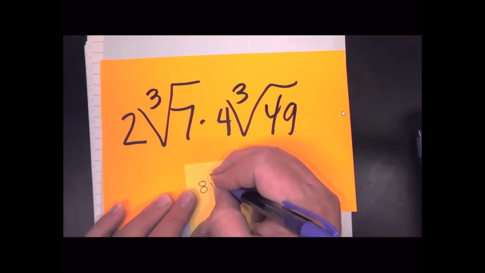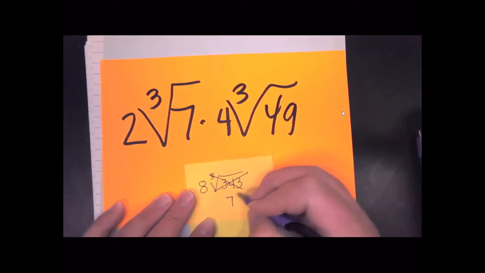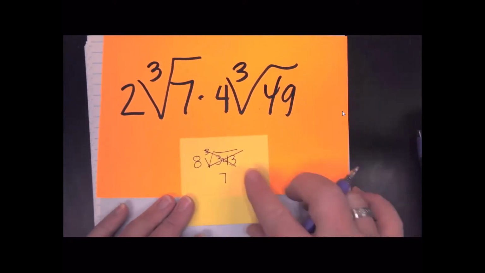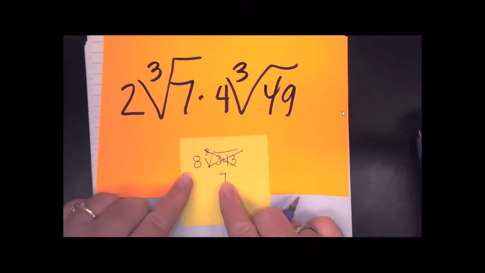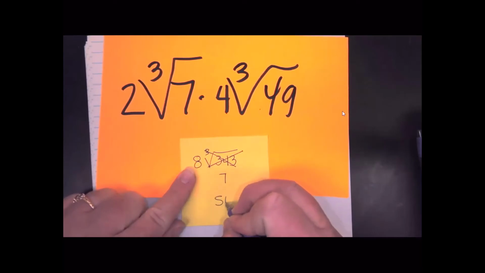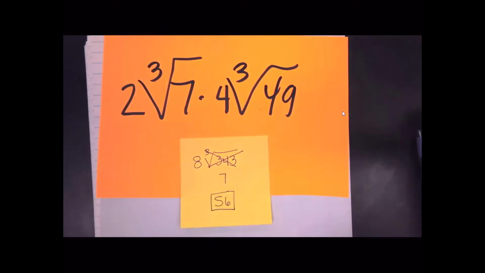So I'm going to cross this out, put a 7, which is out of the radical. And then those that are outside of the radical can be multiplied. 8 times 7 is 56. Okay, so